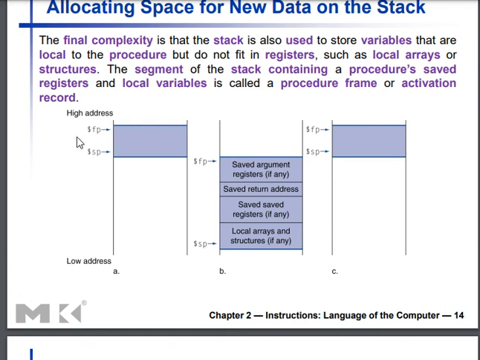Can you see from this slide, when you are talking about the memory, the low address is down here. So to say, it has a big address on the top and it decreases. At the end of the memory, down here, you will have the low address, which is 0. Just keep it in mind.